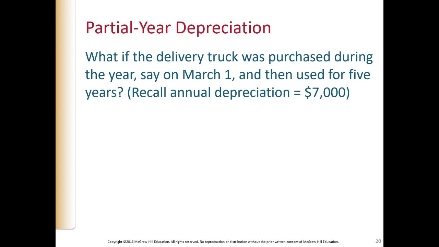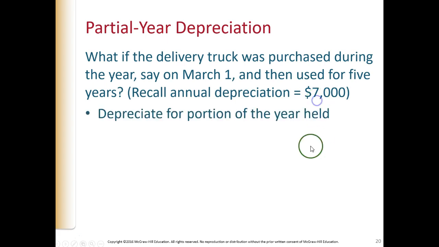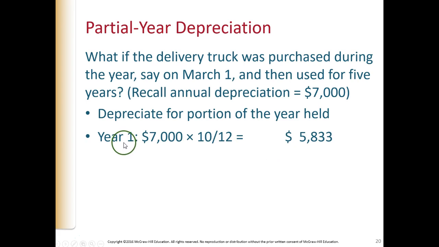If we purchase the asset sometime during the year, we'll need to take a part year depreciation expense on that asset. So if we purchase the asset on March 1st instead of, let's say, January 2nd or 3rd, then we need to divide up the $7,000 because we haven't held the asset the full year. Here's what we'll do. In year 1, a full year's depreciation, remember, was $7,000. We've held the asset for 10 months out of the 12 months. March 1st, we did not have the asset January, February, so we did have it the rest of the year. So 10 months over 12,